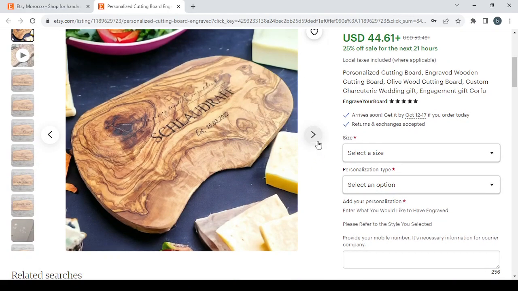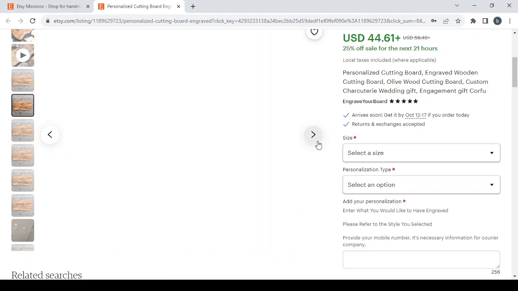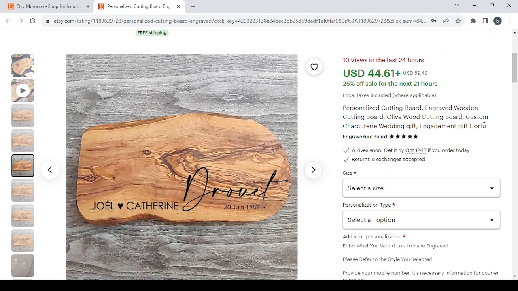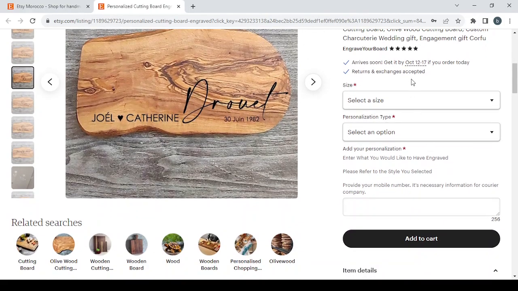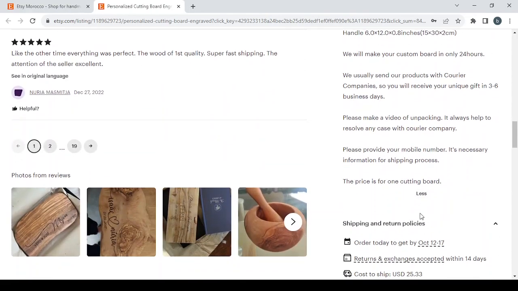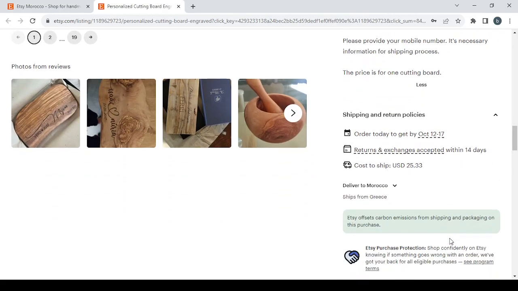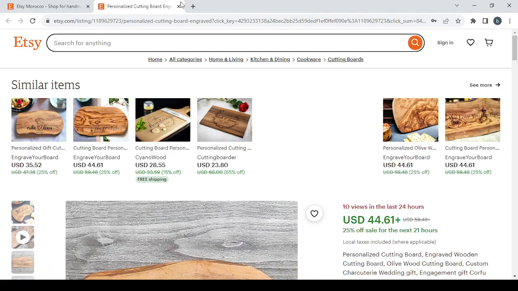I'm going to show you how you can add pictures of your product like this, and how also you can write this text, and how you can put the sizes and the personalization type, also how you can add those other details and the description of the product, and last I will show you how to set your shipping and return policies like this one. So let's go back to the first page